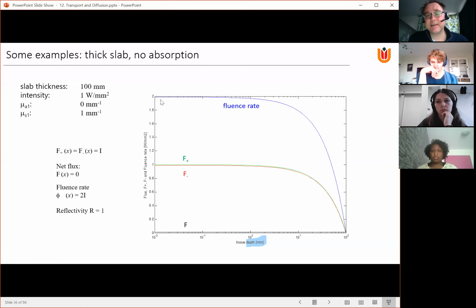So in this case, because of that back and forth scattering of light, you get an identical contribution to the fluence rate just below the surface. So this is basically the limit. The limit is that it is two times higher. This is of course totally unrealistic, but